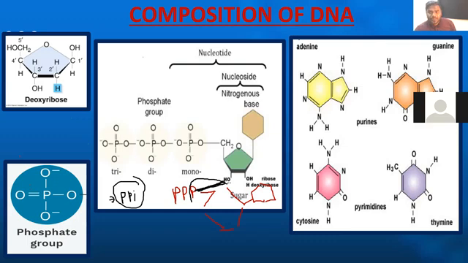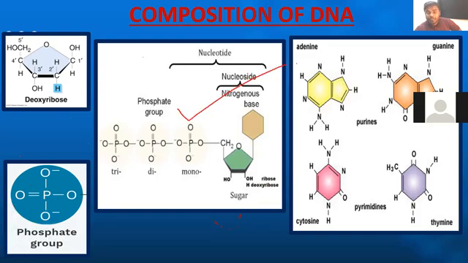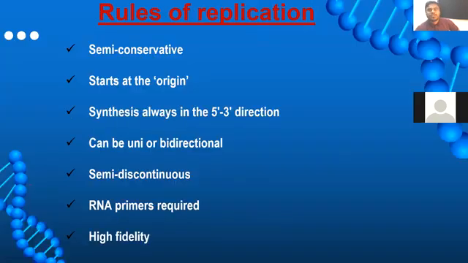So my friends, the bond which is formed between the OH group of one nucleotide and the phosphate group of another nucleotide, we will call it a phosphodiester bond, which we generally call, my friends, the backbone. Simple. So this is one nucleotide, whatever we have drawn. Like that, billions of nucleotides come close together. Ultimately, they are going to form the DNA, which is a very, very complex molecule.